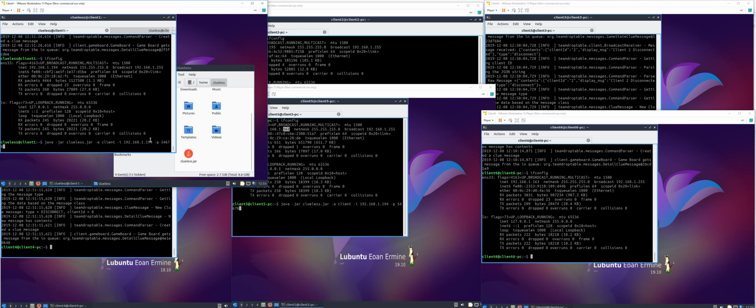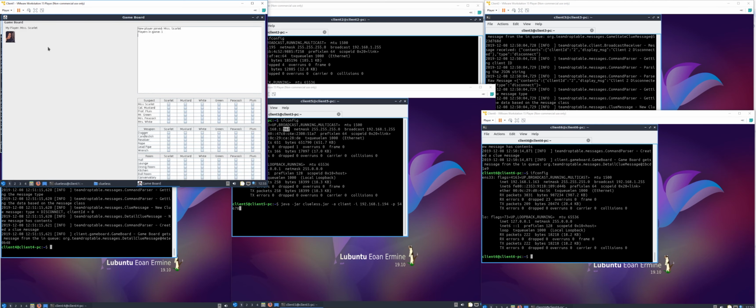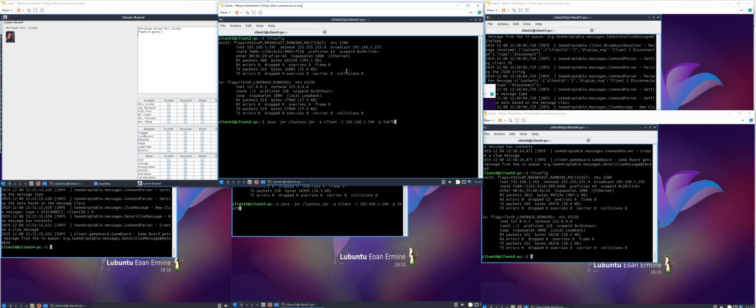If we want to start up our first client, these are our command line arguments for our client. Client number 1 is going to be player 1, so it's going to connect first. The IP address is 194, as we see up here, and then the port 54678, just like we said on the server side. And so we can start that up. And so we have our GUI interface here. So if we go along the line and we start up our command line,